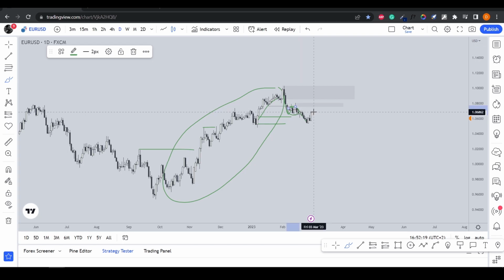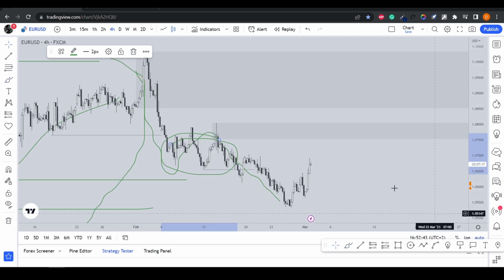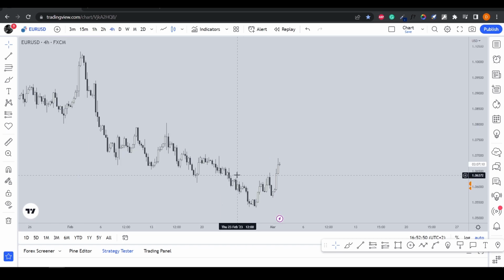So you see, all these reasons we can stack up on one another, and we can now say that this zone still can hold, but maybe it has like 75% of failing in my eyes and only 25% of holding up. And that's why I'm more bullish in this specific area, in this specific portion of price action. And of course you can go to 4 hours, and again, by the way, see